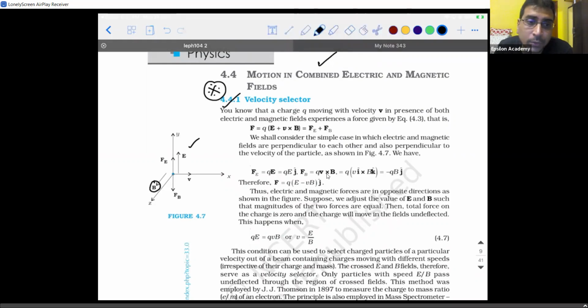Now comes an important question. In which direction am I supposed to give the velocity to the particle so that the forces given by the electric field and the magnetic field get cancelled out, so that it is able to move in the direction in which we gave the velocity to it? If you are able to achieve that kind of scenario, what should be the value of the velocity that we need to give is also what we need to calculate. Okay, now let's get started.